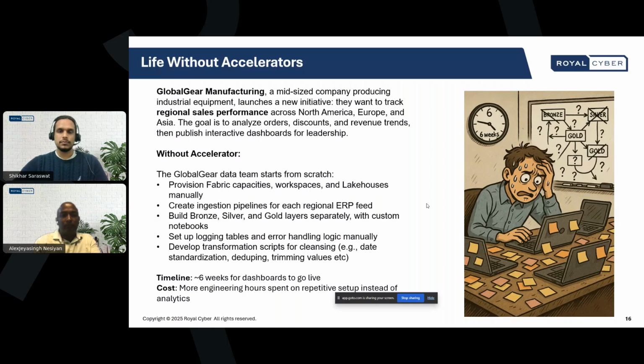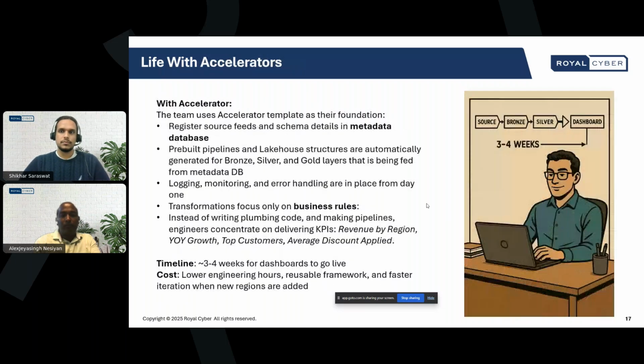What happens when the team goes with the accelerator, right? It is like setting up a template that is already developed, and it is dynamic enough so that you just plug in the values, the connections that are different for different sources. You just need to set up the tenant IDs, because that is going to be different for different clients, and workspaces because they are different for different projects. You just need to plug in those values, and you should have an end-to-end solution, starting from ingestion till the